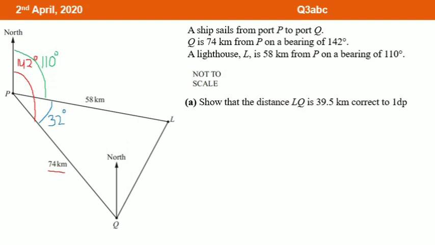Now let us continue again. Show the distance. To find the distance using trigonometry, we can use cos rule or sine rule, depending on the given data. If cos rule, you will need 3 sides and also 1 angle. If sine rule, you will need 2 sides and 2 angles. Now what are we going to find? We are going to find the LQ here. I can make it as X.